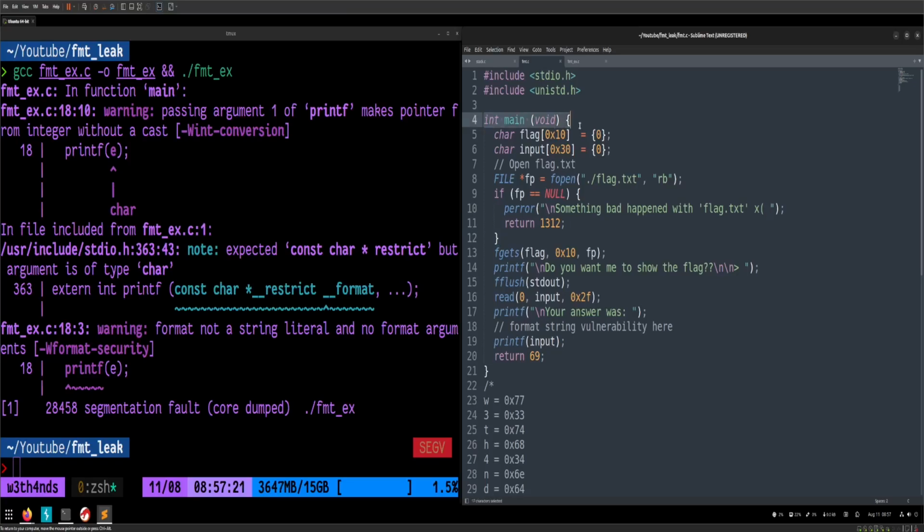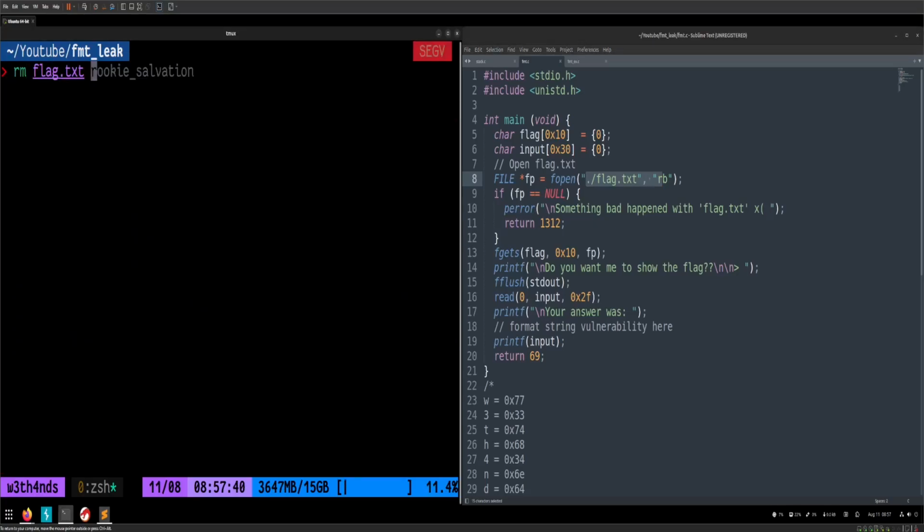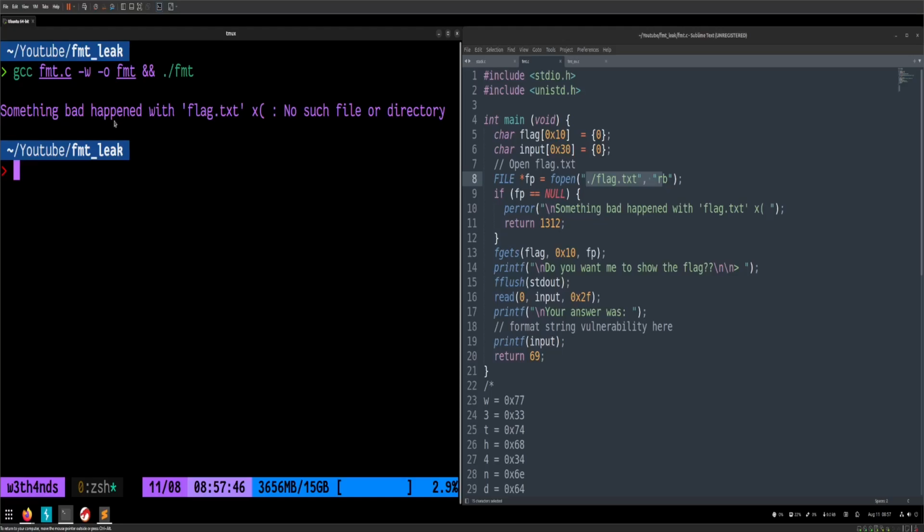Let's say we have the main function here and we initialize the flag buffer with 0x10, initialize with 0, char input 0x30, and we try to open the flag here, flag.txt, and we read it. If we don't have the flag, let's say I remove flag.txt and we run the program, and like this, we see something bad happened with flag.txt, no such file or directory. Otherwise, if we do, let's say, echo WLLLL inside flag.txt,